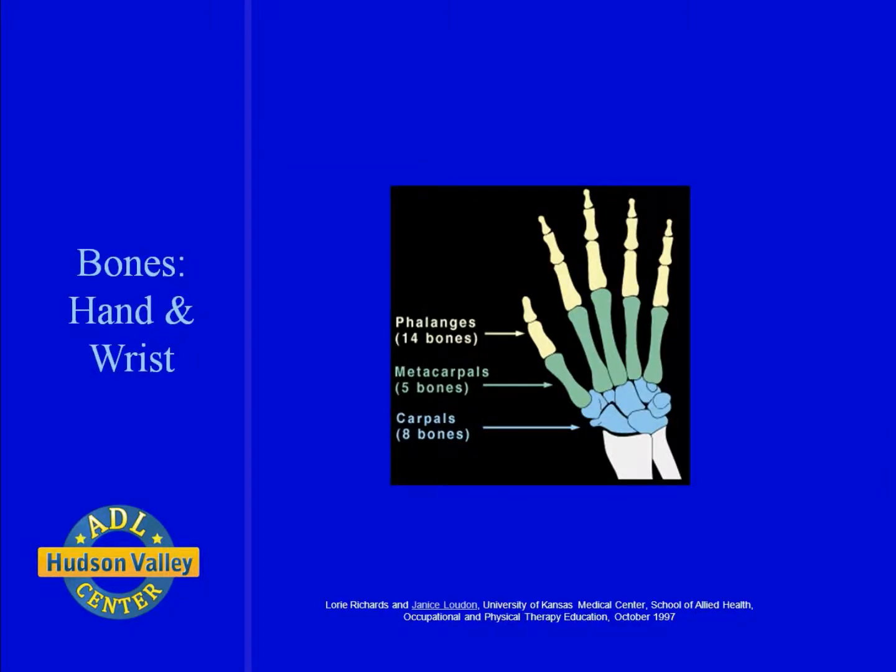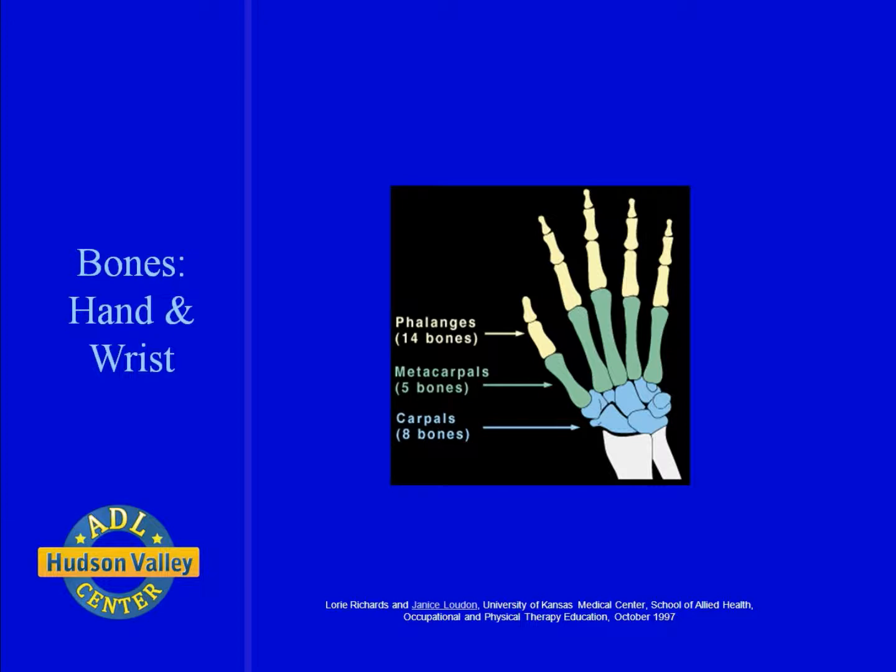We will review the bones in your hand. The 5 bones of the hand are called the metacarpal bones. These are the long bones that lie within the palm of the hand. The metacarpals attach to the phalanges, which are the bones in the fingers and thumb, 3 in each finger and 2 in the thumb.